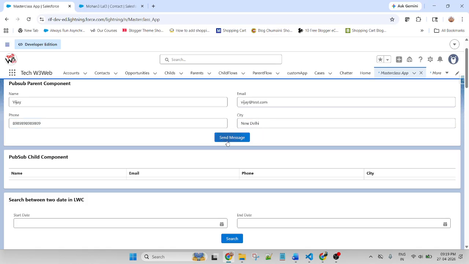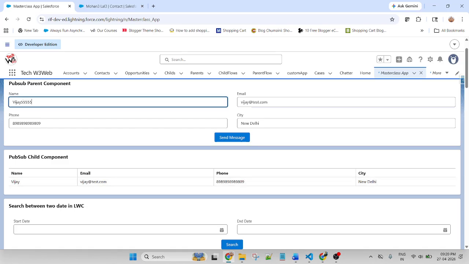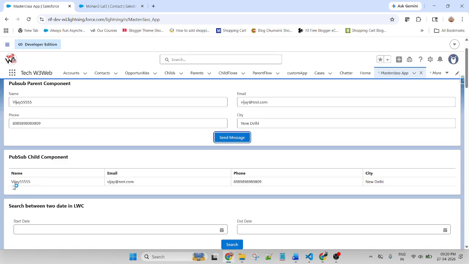Now click. Yes. This is name, email, phone, and city. If you put in 555 and click, it will automatically populate 555. If you put in RAM, it will automatically populate RAM.